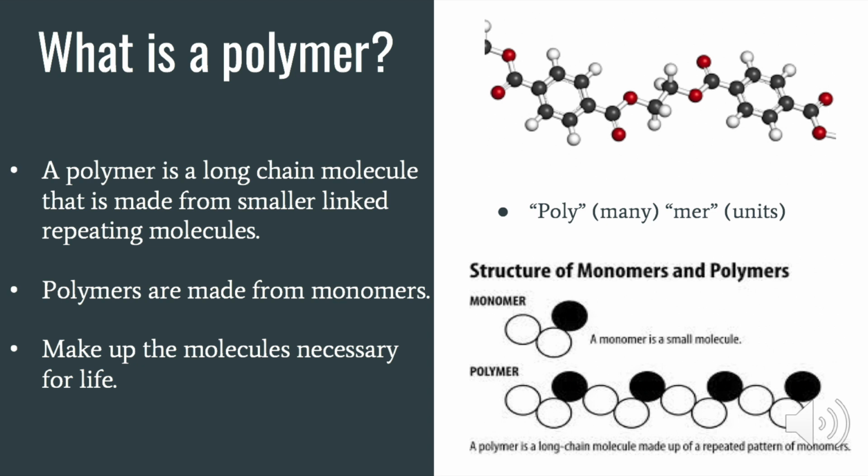What is a polymer? A polymer is a long chain molecule that is made from smaller linked repeating molecules. Polymers are made from monomers, which are the smallest basic building block. They make up the molecules necessary for life, such as proteins, nucleic acids, and carbohydrates. Poly meaning many, mer meaning units, meaning there are many units which are monomers. Examples of polymers used in 3D printing body parts include